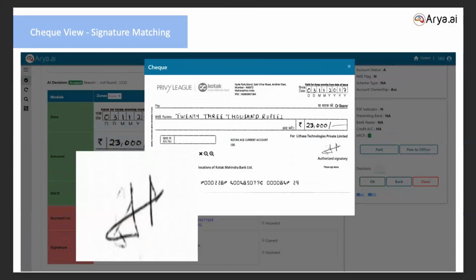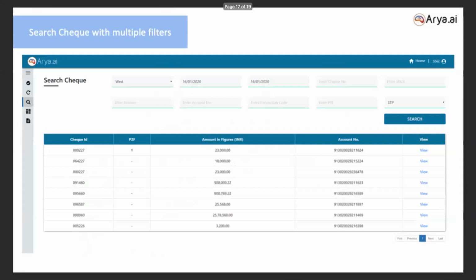When you want to see whether the signature matching has happened correctly, just click on the signature, and the signature on this check will populate along with the one from the core banking, side by side, so that the operations person or the teller cannot shuffle between multiple applications or tabs. It's just side by side and gives an efficient result.